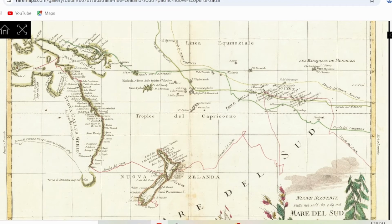Going to do another follow-up video to my new Albion video on some theories about Port Jackson, maybe. But now I've moved on, and I've come to the conclusion I don't know, but I wanted to go through some musings. So I want to start off with a map by Antonio Zatta, which was done around the 1770s,